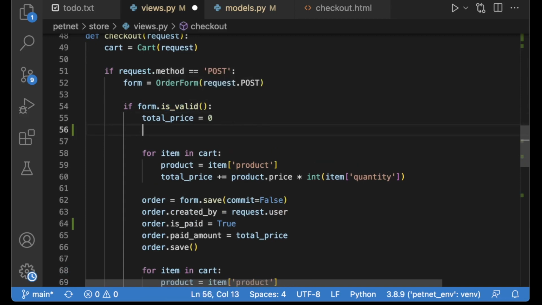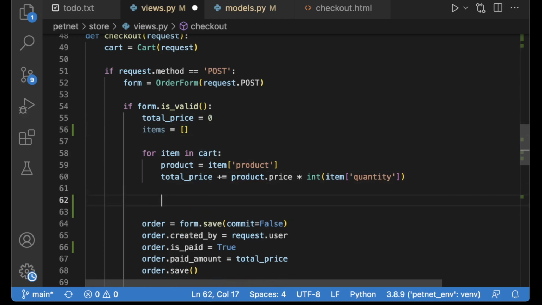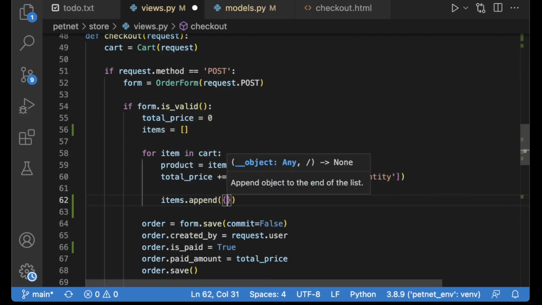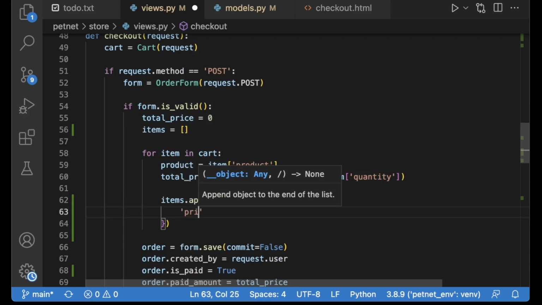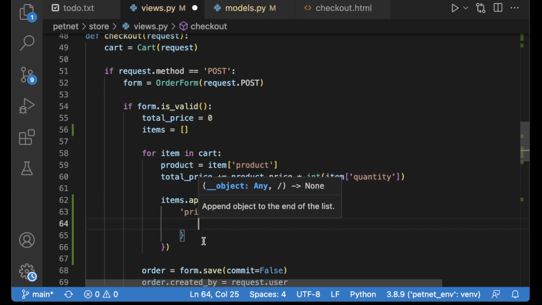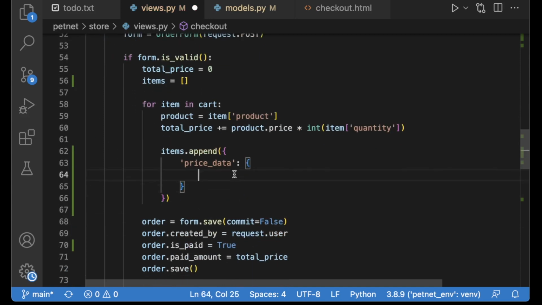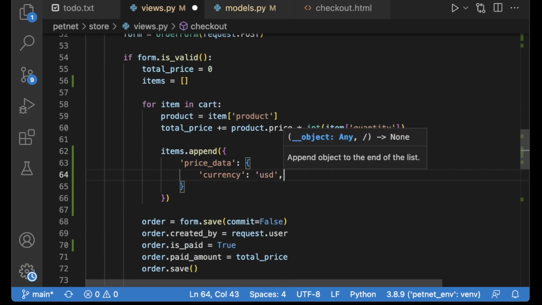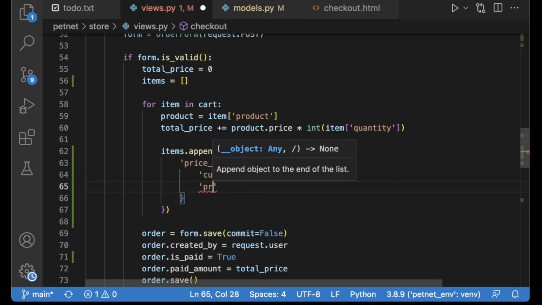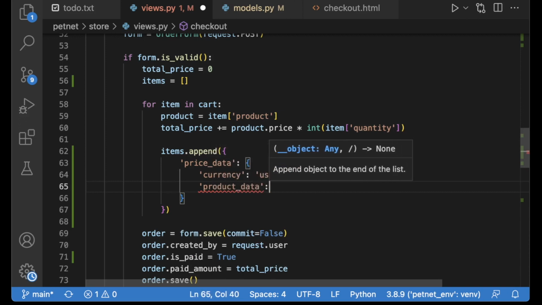So up here I also want to create one more list, items, just an empty list. And then when we loop through these items, I want to create a little dictionary and append this to the items. So items.append and then a dictionary. Here I want to pass in the price data for each of the items. So create a new dictionary called price_data inside there. Currency, I'm going to use USD for United States dollars. And the product data,